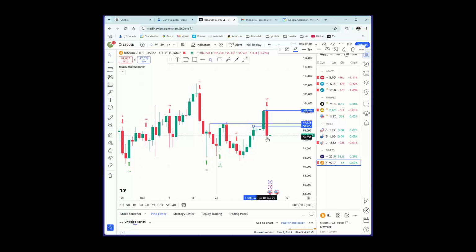The failure to hold the new highs is a bearish falling off the roof. It gives a potential target. It doesn't mean it's going to get there, but it gives a target down here. And that actually is our next support area. Actually, the next support area would be here.